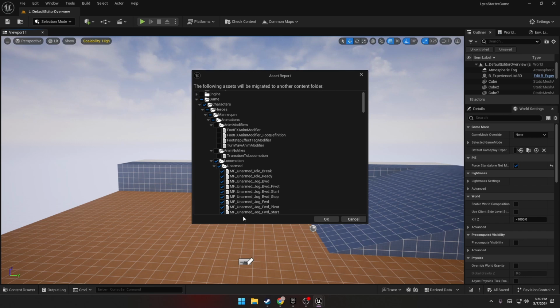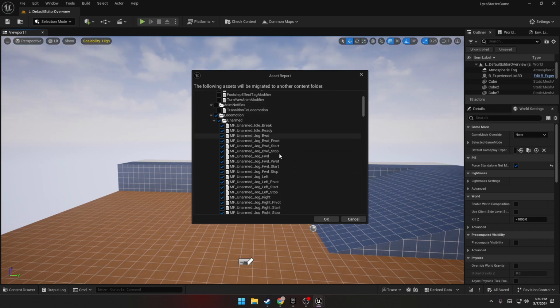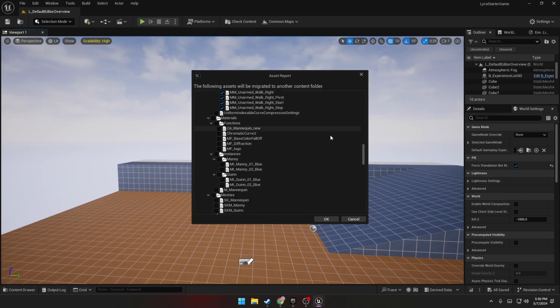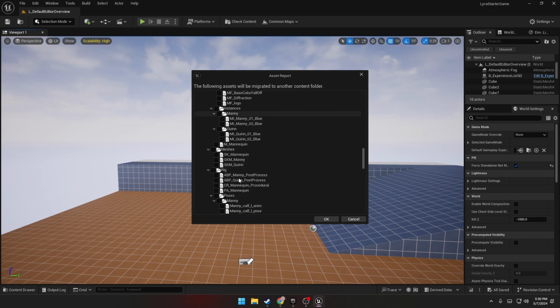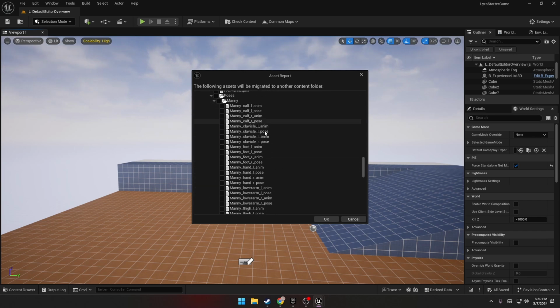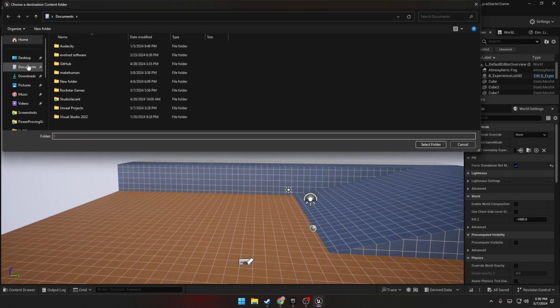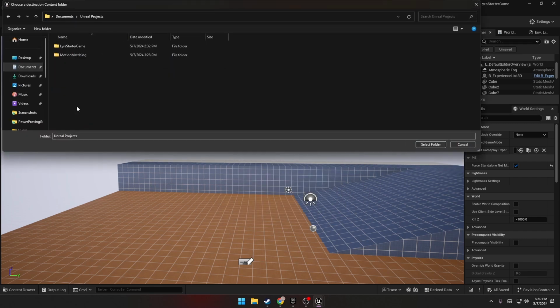It'll recheck all of that because we do not need the anim modifiers. We do not need the animation notifies. We just want all these nice animations. We don't need materials, none of this, because this is the skeleton. Effects, we don't want them. Just taking the animations. So then you're going to browse to your project folder,